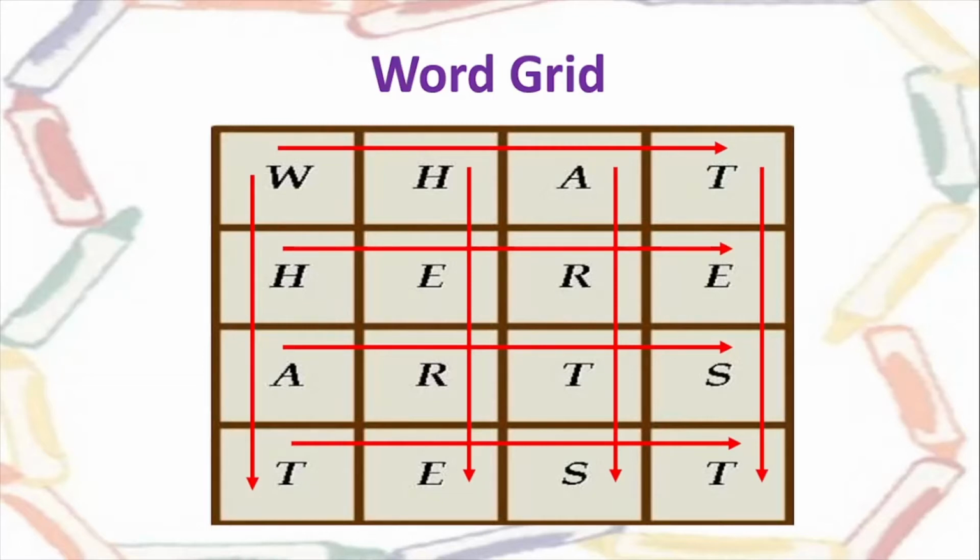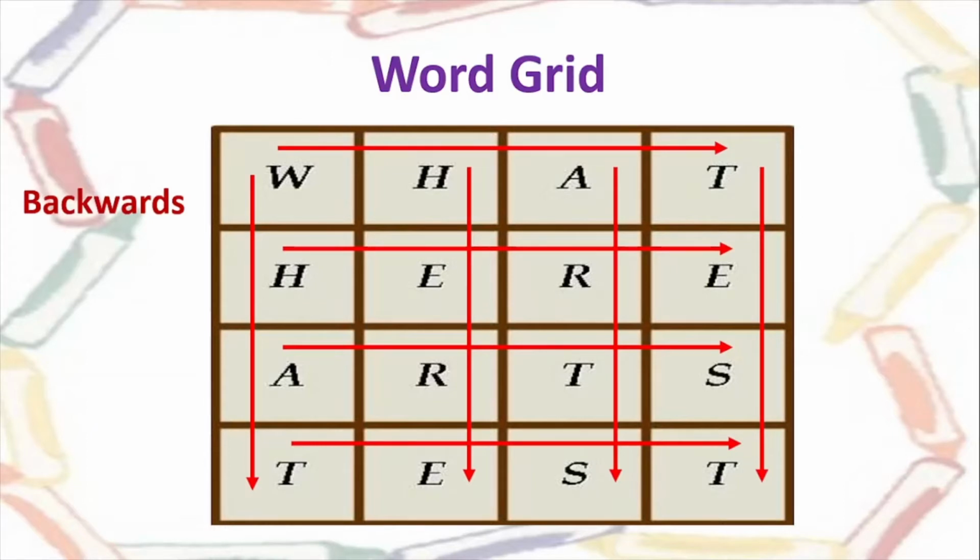But it is not necessary that in all grids this kind of letter arrangement can be there. Okay, so see, you can read the words horizontally like we read, you can read the words vertically like we read, in order to understand what words are put in the grid. Apart from this, you can also make sense by reading the letters in the grid backwards sometimes. We will see examples of all these kinds of words written in the grid, where you can read them horizontally, vertically, and backwards also sometimes.